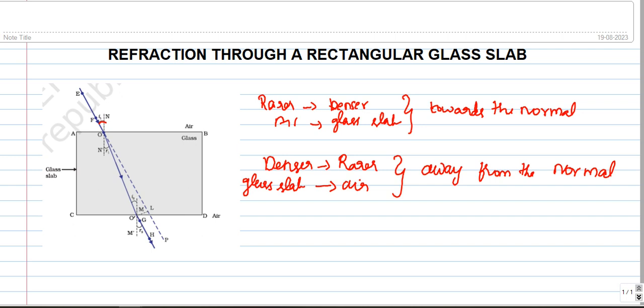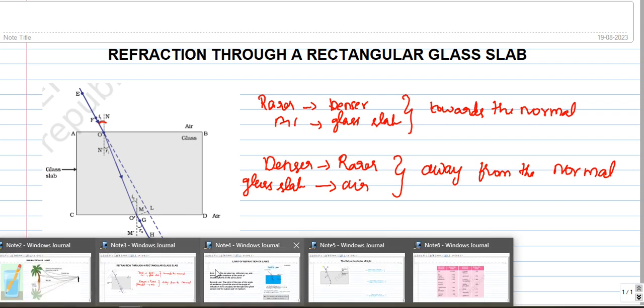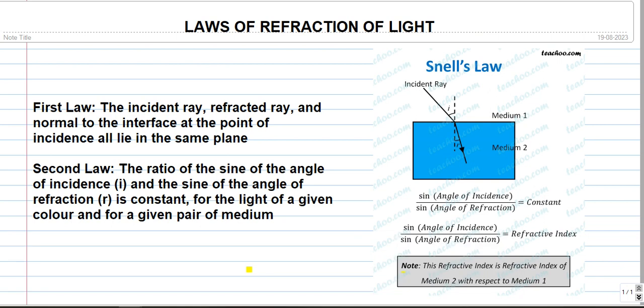From this experiment, what are we going to learn? This bending of light follows certain laws. As we saw previously for reflection of light, we have laws for refraction of light also. So this again is very important to know. From this we are going to develop the sums. A very important point to be noted in this refraction of light is these two laws.